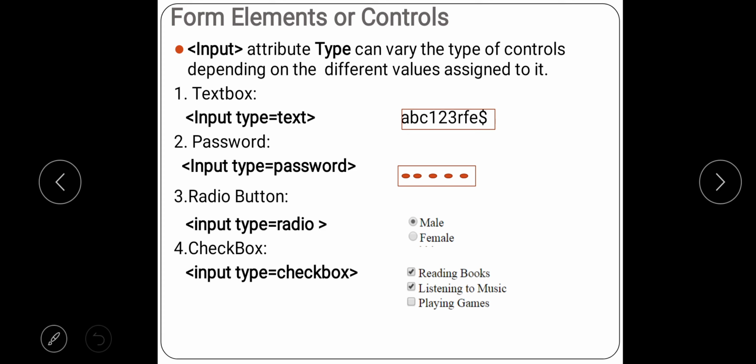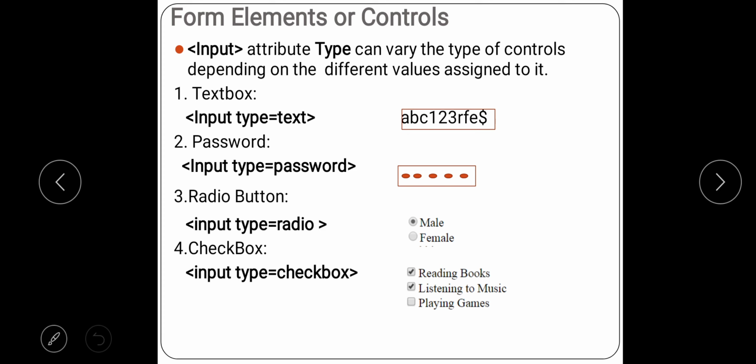Now next we have to create a radio button. So if I want a radio button, how do I create it? I will use the input tag, type attribute, and now here equal to radio. So if I type this syntax, I will get a simple circle, and after the closing of the tag I will write male. So I will get a circle and male. Now on the right side you can see an example where I have taken a photo of how a radio button looks. So there are two buttons. If I want it like this, I have to write this code twice and give the names male and female.